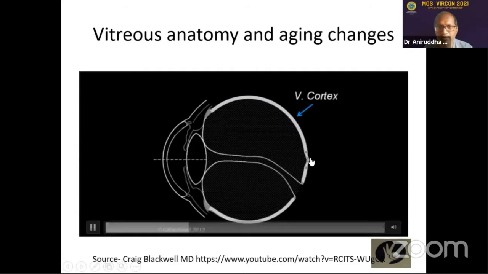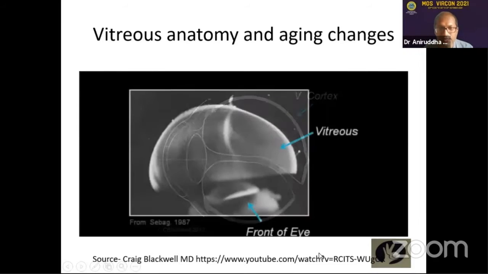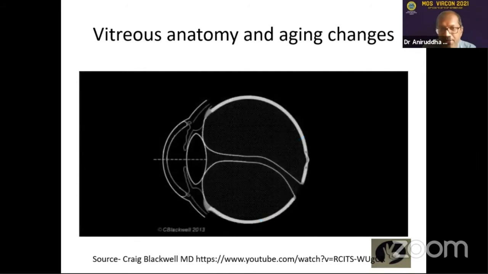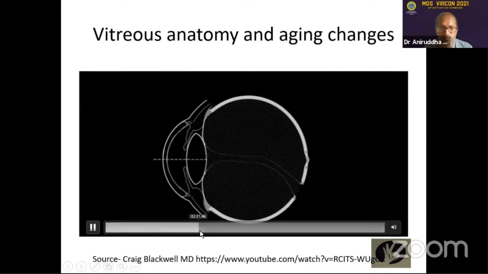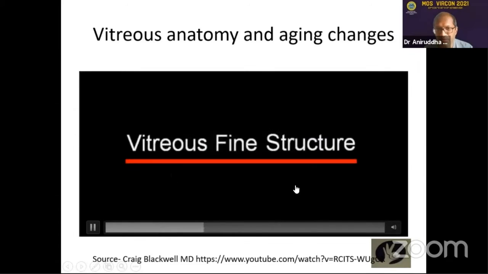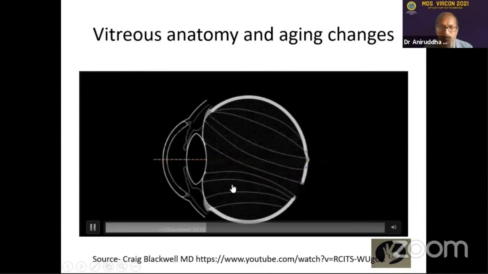So this is the main vitreous cortex, and all our surgeons will be dealing with the vitreous cortex and the interface between the cortical vitreous and the internal limiting membrane. So we can see where the Cloquet canal is missing. This is the attachment. Now if we go into biochemistry,